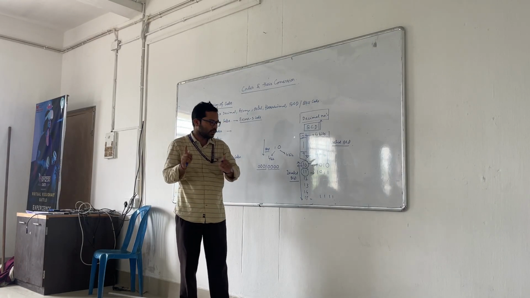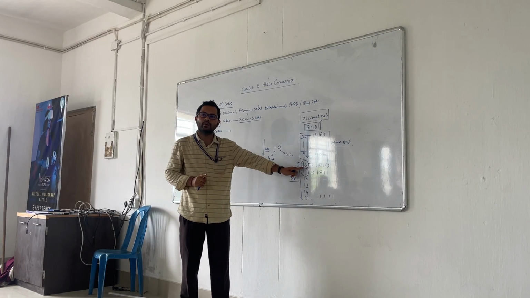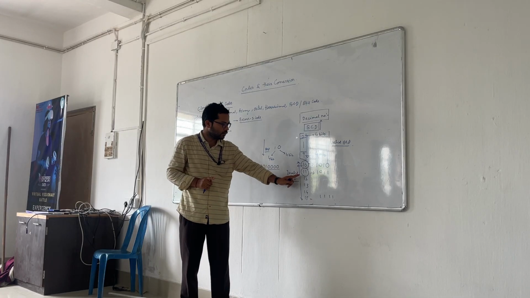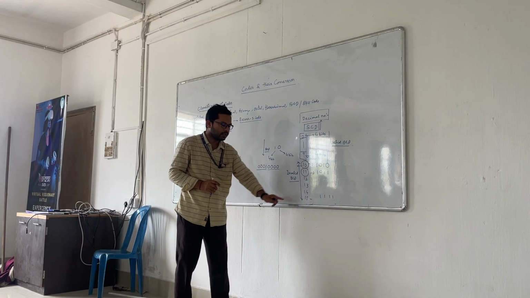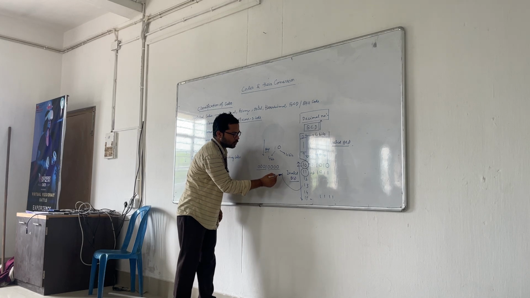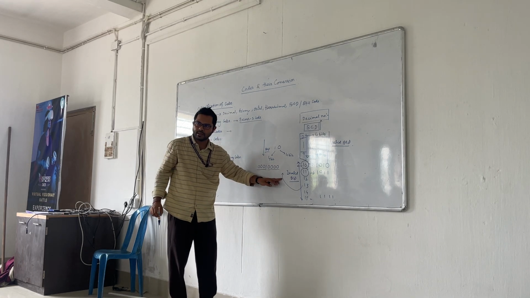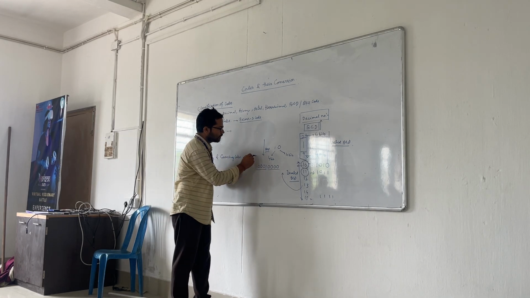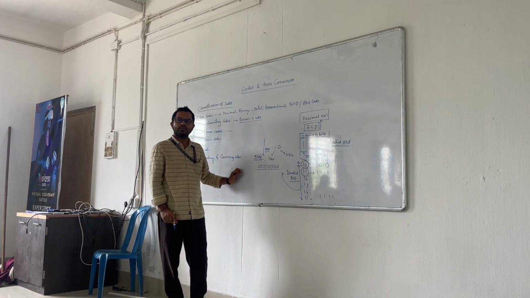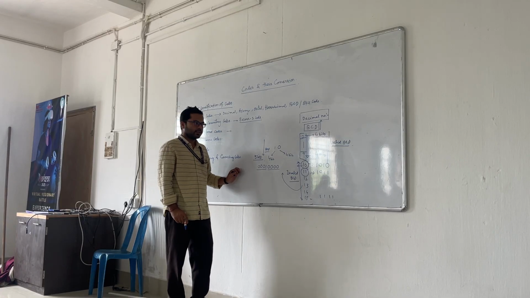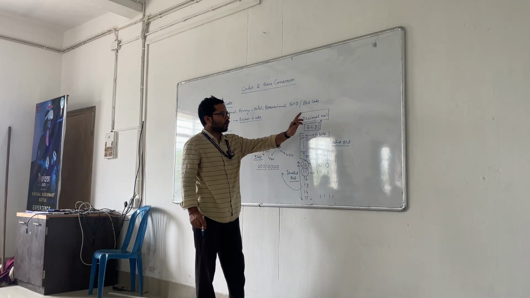But actually they are what? Combination of two numbers: 10, 11, 12, 13. That's why if you want to represent these numbers then you require 5 bits instead of 4 bits. Clear? That is the difference between normal decimal number and binary coded decimal number.